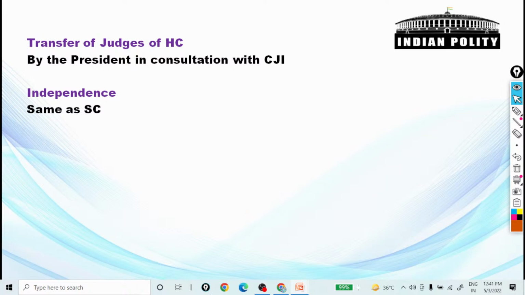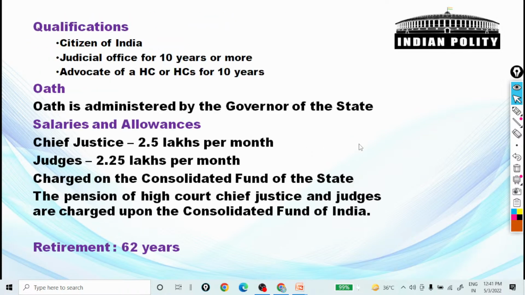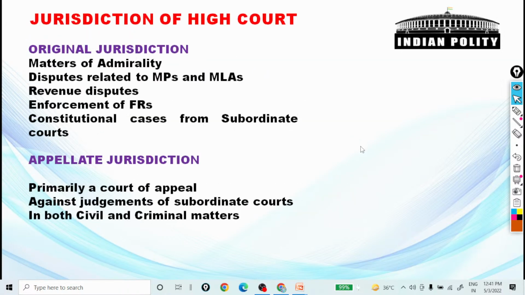So we have already discussed the points: mode of appointment, security of tenure, fixed service conditions, salaries charged upon the consolidated fund, the non-votable expenditures, the ban on discussion on the conduct of the judges, practice after retirement, and the power to punish for its own contempt. There are several things. Okay, these are the things about the High Court we have discussed. Now we shall discuss the jurisdiction and powers of the High Court.